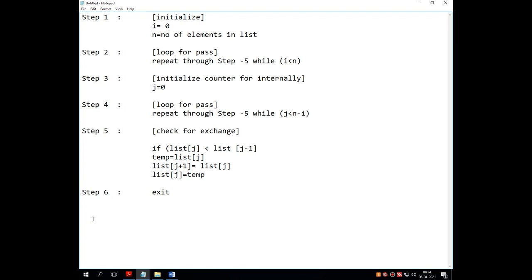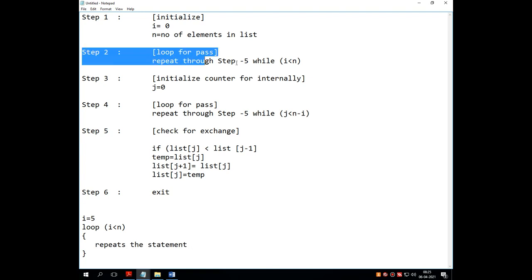Say for example, I have initialized I equals to 5, then one looping control statement executes where it checks whether the value of I is less than n or not, and till then it repeats the statements which are available inside these brackets. So this step number 2 is the conditional part of bubble sorting.